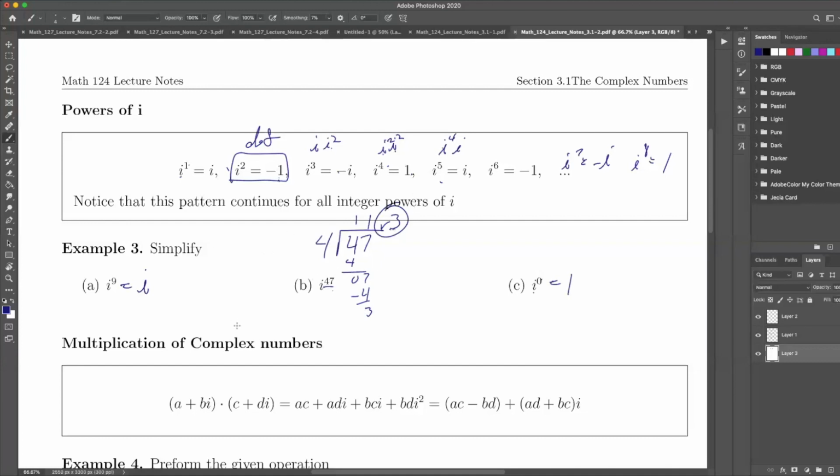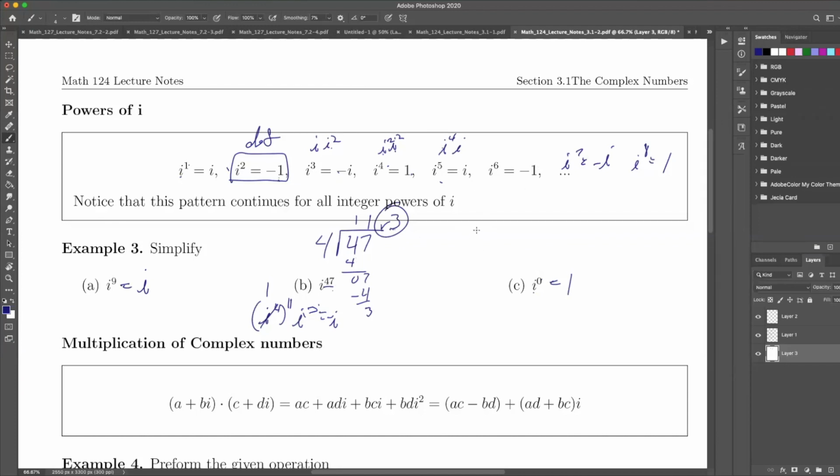Because here I can write this as i to the 4th to the 11th power times i to the 3rd. Well, i to the 4th is just 1. 1 to the 11th power is 1. And so here we have i to the 3rd. i to the 3rd is minus i. I might have done that a little bit too fast, but let me explain how to do this with something